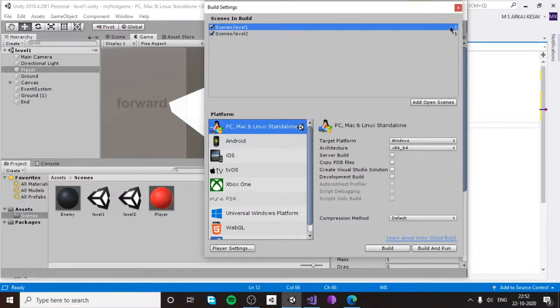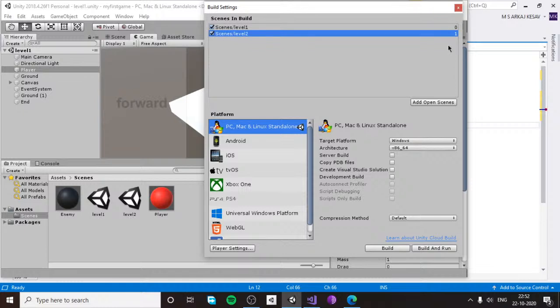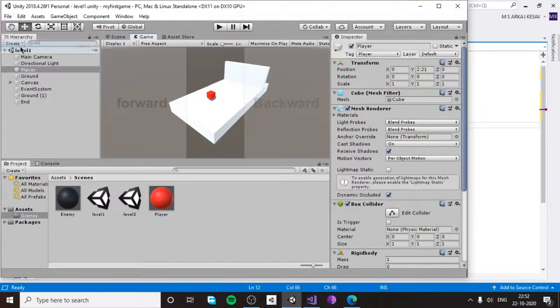If you want to load the next level, you could say I want build index number 1 in the script on collision. So we'll close this up and let's save that and go to the